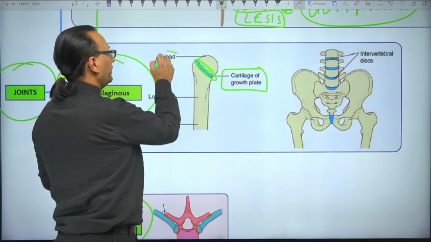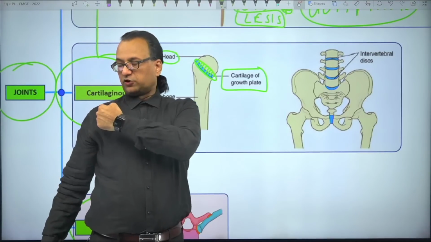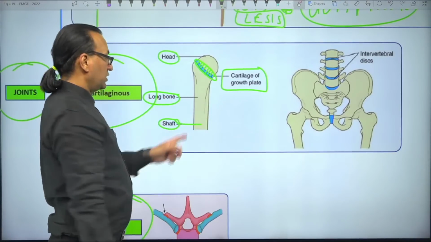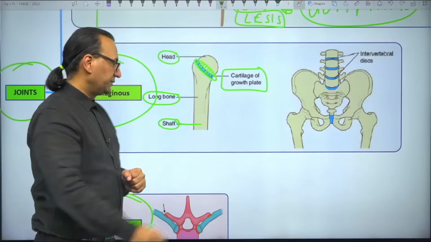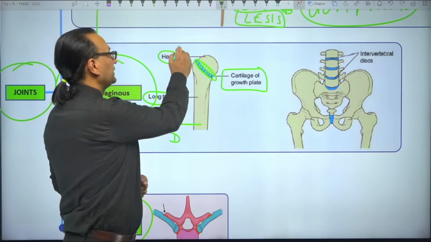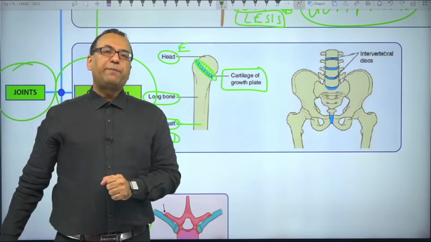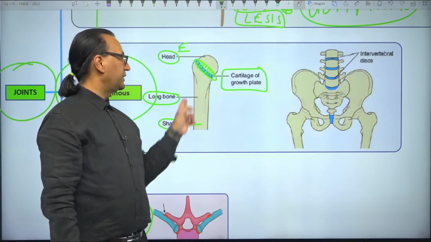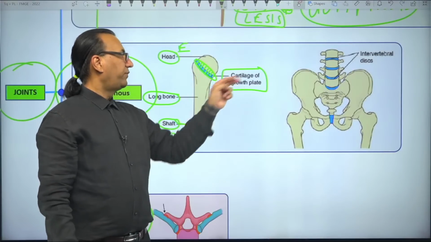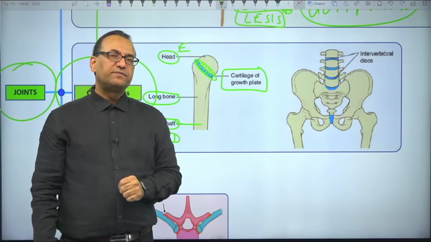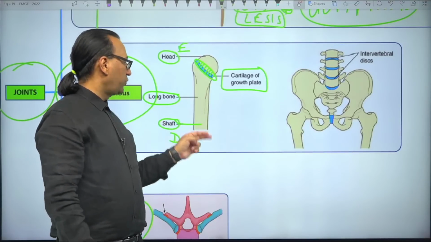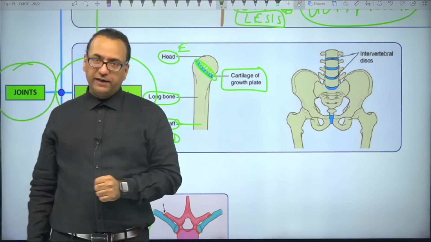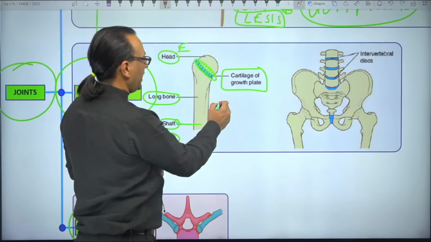Now this is the head of the humerus making the shoulder joint, and this is the shaft of the humerus. The shaft is also called the diaphysis and one end of the bone is called the epiphysis. So the question will come as the epiphyseal-diaphyseal joint, where one bone is held with the other bone with the help of a piece of hyaline cartilage, the growth plate. So the epiphyseal-diaphyseal joint in growing children is which type of joint? Your answer is primary cartilaginous. What is the other name of primary cartilaginous? The other name of primary cartilaginous is